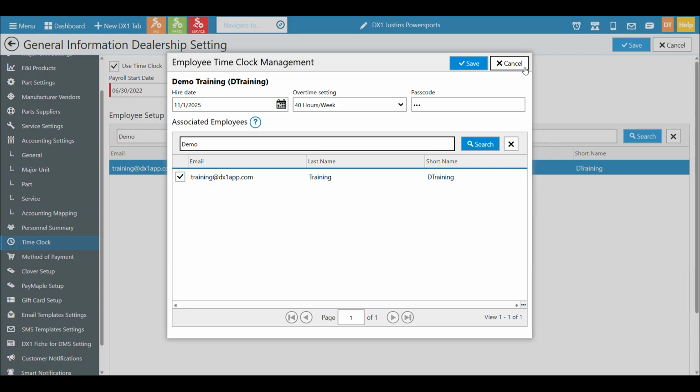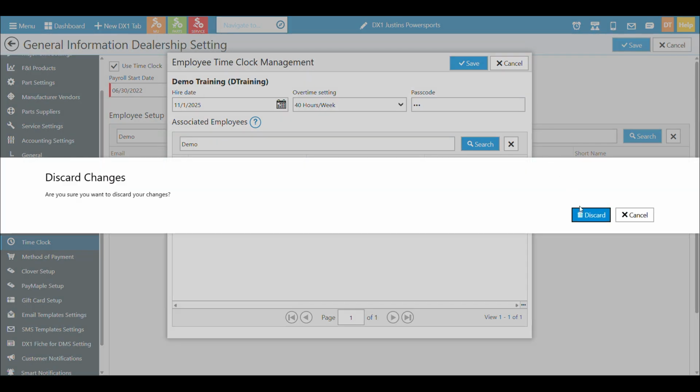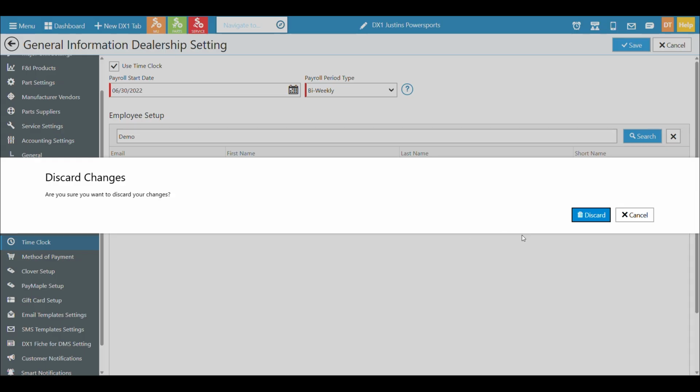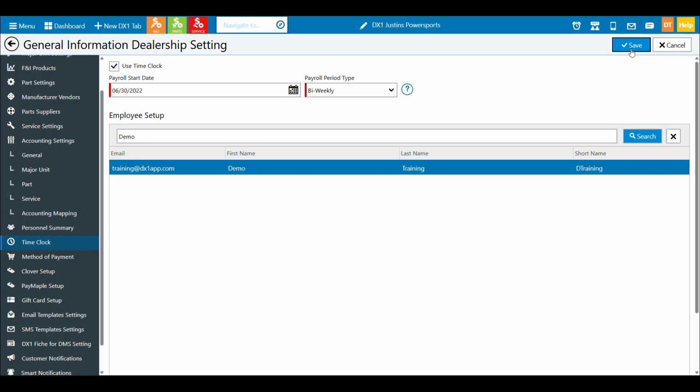For myself, again, I just need to set my passcode, find myself, and make sure that I'm checked as well. So once you've done that for all the users, and you'll probably want to do that when you're adding new users if you're already an existing dealer, set that up. I'm not going to make any changes as this was already set up. So that's the first thing you need to do. Oops, let's save that. All right.